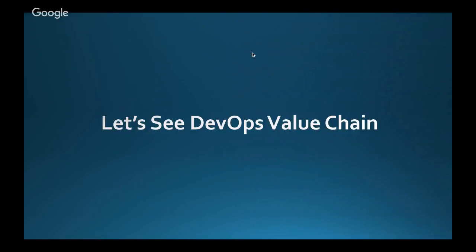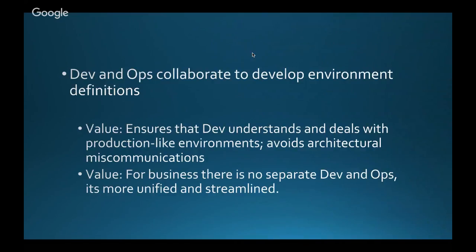Let's see the DevOps value chain. Now we know what exactly is DevOps. After that, we have to know what is the value chain which is driving DevOps. First, Dev and Ops collaborate to develop environment definitions. And what value are they generating? When the Dev and operation teams collaborate to develop environment definitions, they ensure that Dev understands and deals with the production-like environment,